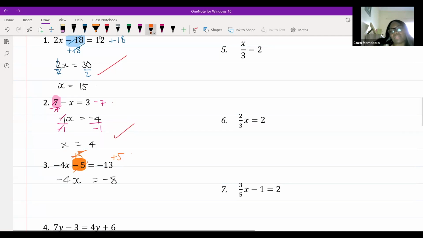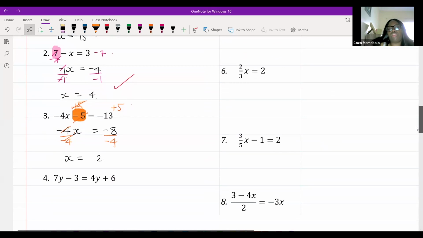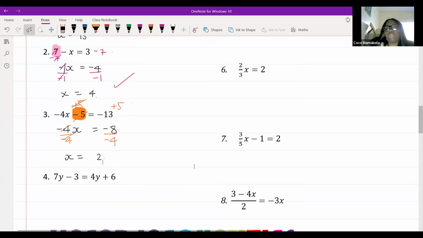But I want x on its own, so I'm going to divide by negative 4. Divide by negative 4. Cancel, cancel. And therefore, x is equal to negative 8 divided by negative 4, which is 2. All right. Okay, in question 4, I know that I want anything with a y on one side and anything